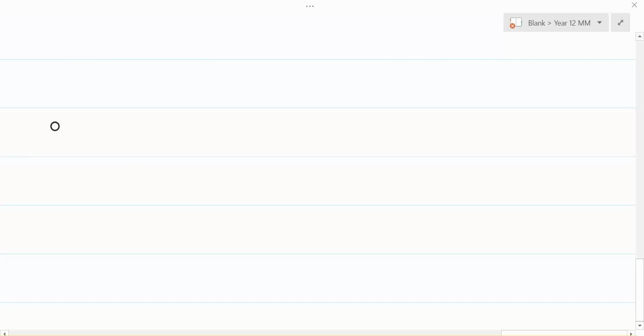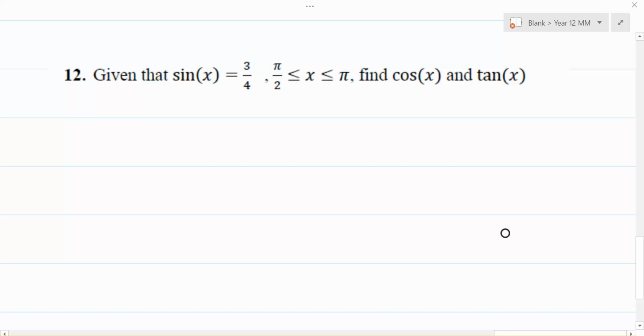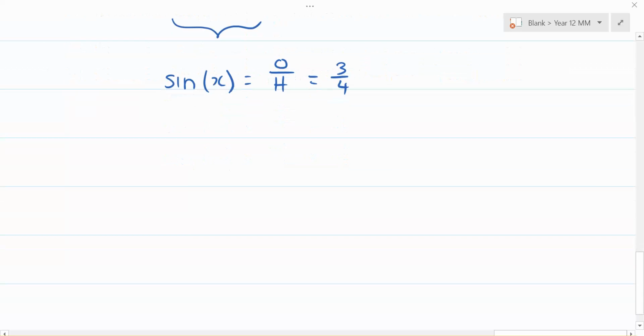So in this particular problem, which appears in 2 revision sheets, the only thing I've given you is the sine of an angle. So sine of x is equal to 3/4. Now what you need to understand is sine of x is actually equal to opposite over hypotenuse, going back to year 9. And since I said 3/4, what this implies is